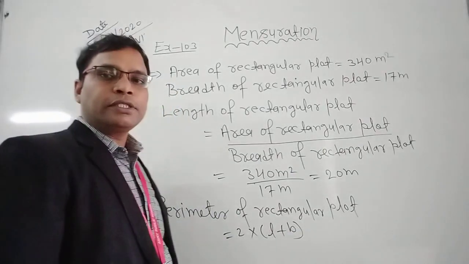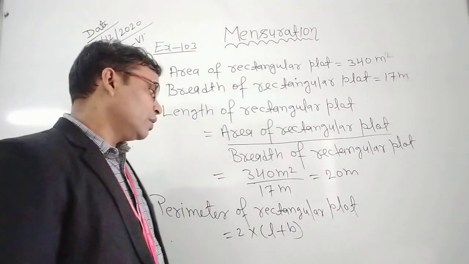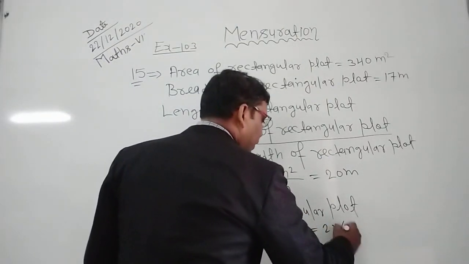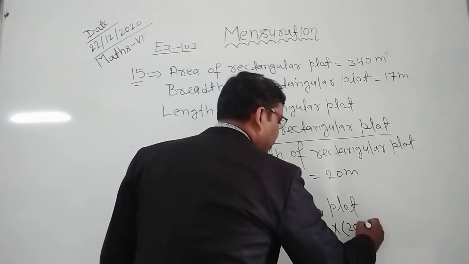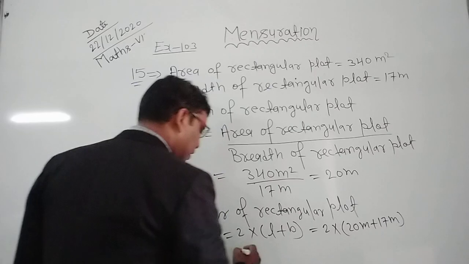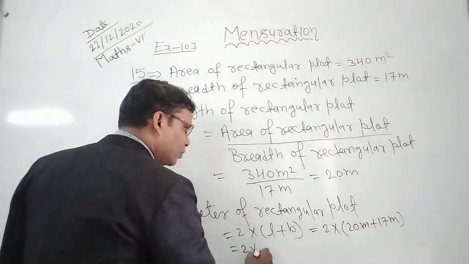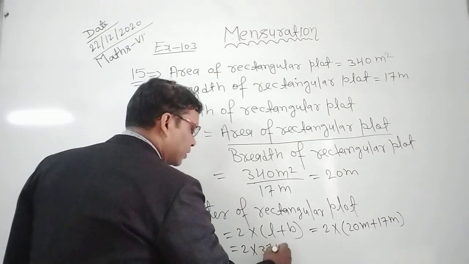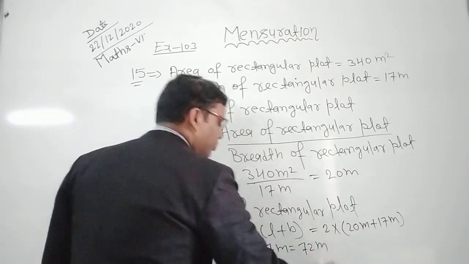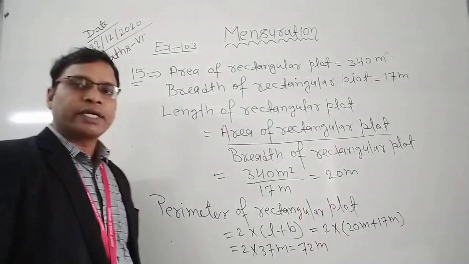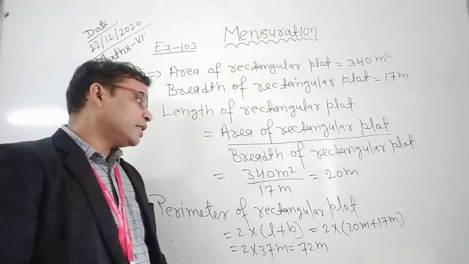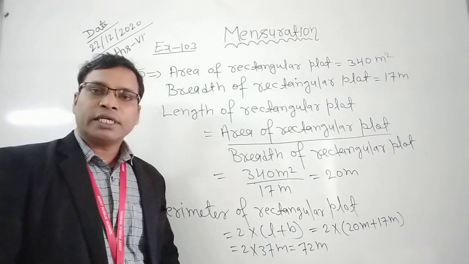So here you can see 2 into length, which is 20 meters, plus breadth, which is 17 meters. This is equal to 2 into 37 meters, or this is equal to 74 meters. So you can see here that the perimeter of the rectangular plot is 74 meters and its